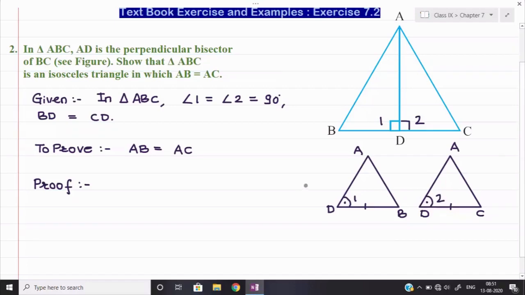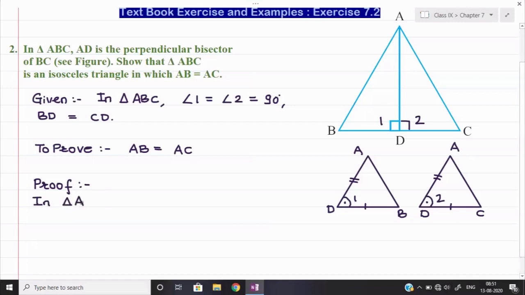And the third thing you observe, AD and AD are also equal. How can we say AD and AD are equal? Because it is common. And observe, the side angle side theorem is clearly applicable here to say that the two triangles are congruent. Okay. So first we shall write down in the proof, in triangle ADB,